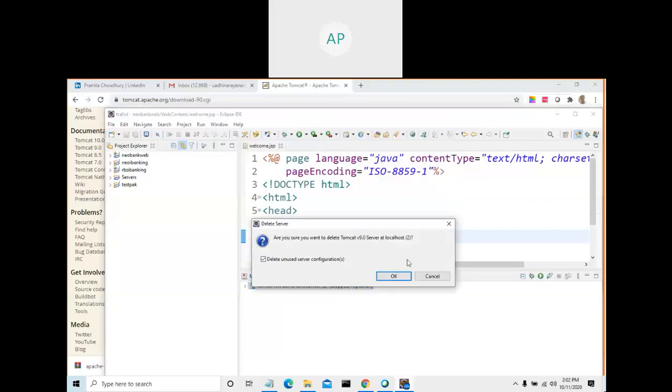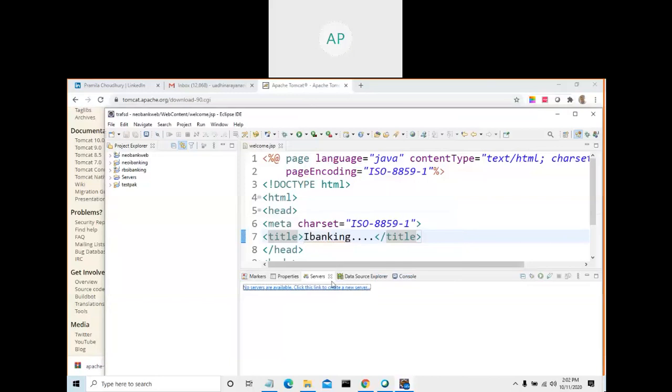These two things won't be available. Let me delete this because I already configured it, that's why it's available. Let us delete this one. Okay, so now there will be something: no servers are available. You need to associate a server to Eclipse and deploy your application into